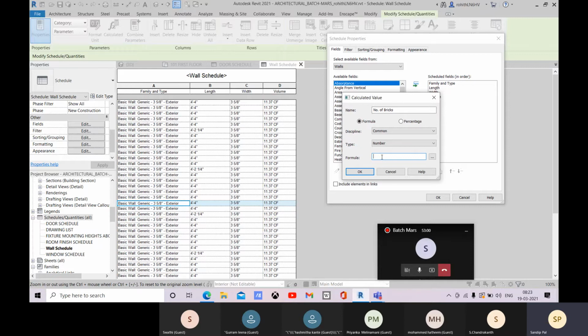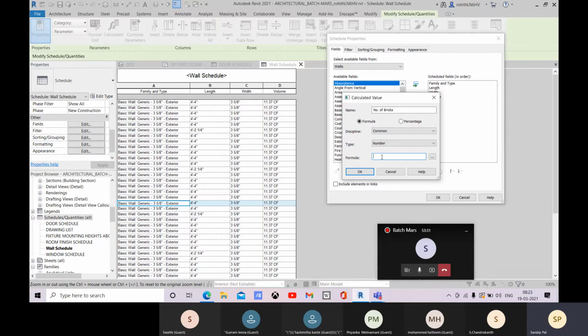So it will be 0.002 meter cube, right? So 200 into, let me calculate also, 100. So that is 2 into 10 to the power 6 millimeter cube, or 0.002 meter cube.